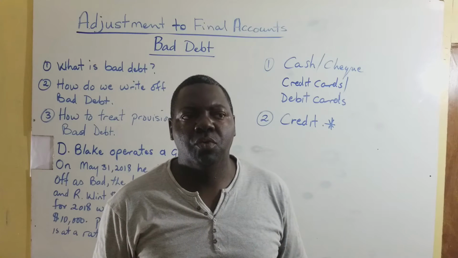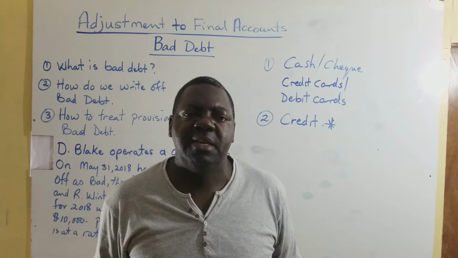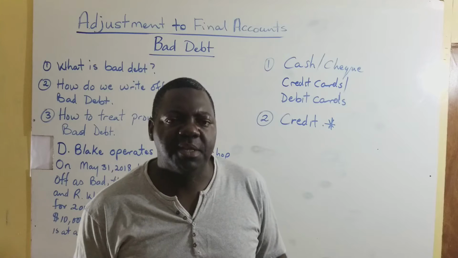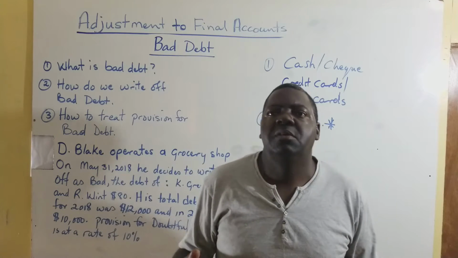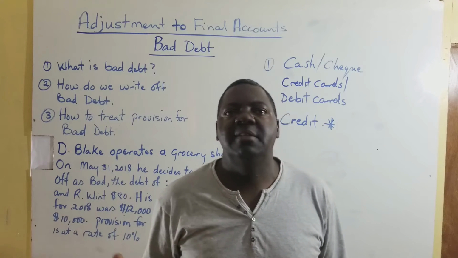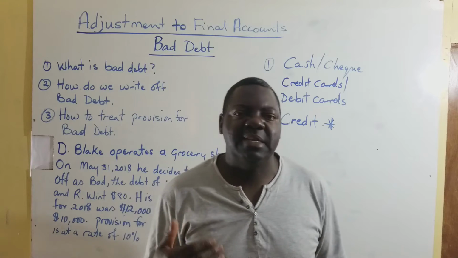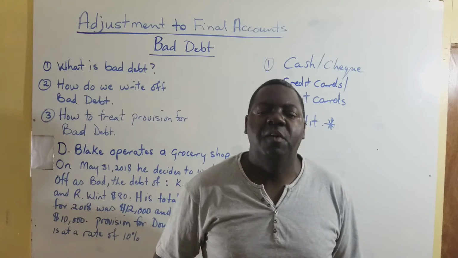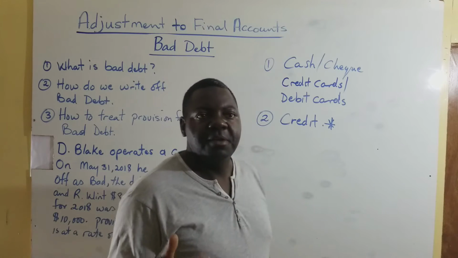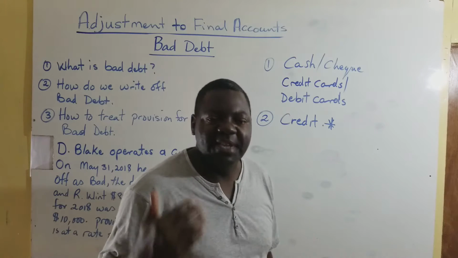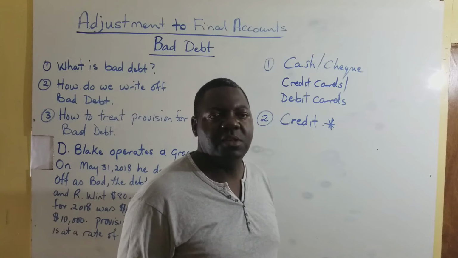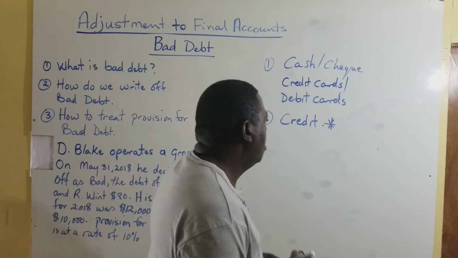Now, no business wants to have debt, but it is a normal business risk, right? Because the business owners or the company wants at best to make sure the goods are in the hands of the customer, which gives them a better chance of being paid for the goods. So credit transactions cause us to have debt. When we sell goods on credit, then we have a credit customer, and this credit customer is called our debtor.